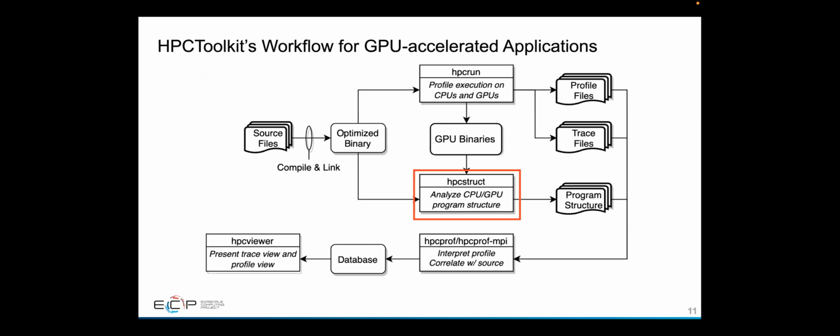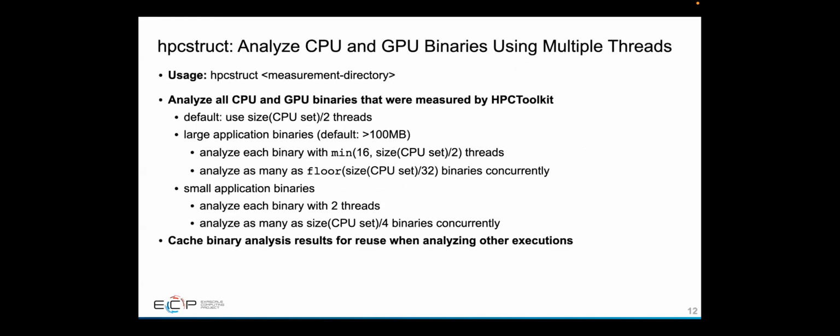So a couple of things I wanted to say a little bit about that we've been working hard on over the last year is we've been really trying to work on our tools to make them scale to be suitable for use on these exascale applications. And so one of the things we've been working on is this binary analyzer for CPU and GPU binaries. And so what we can do now is invoke our binary analyzer on a measurement directory for an application. And the measurement directory contains all of the measurement data, and it also knows what CPU and GPU binaries were